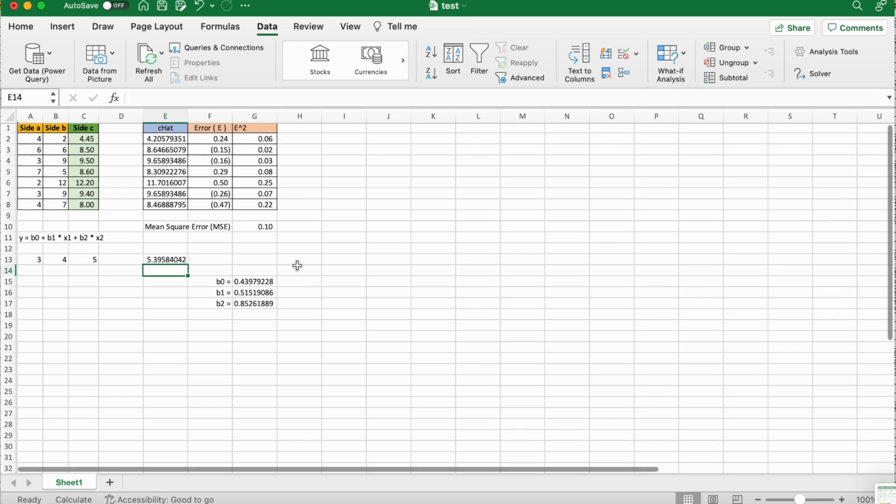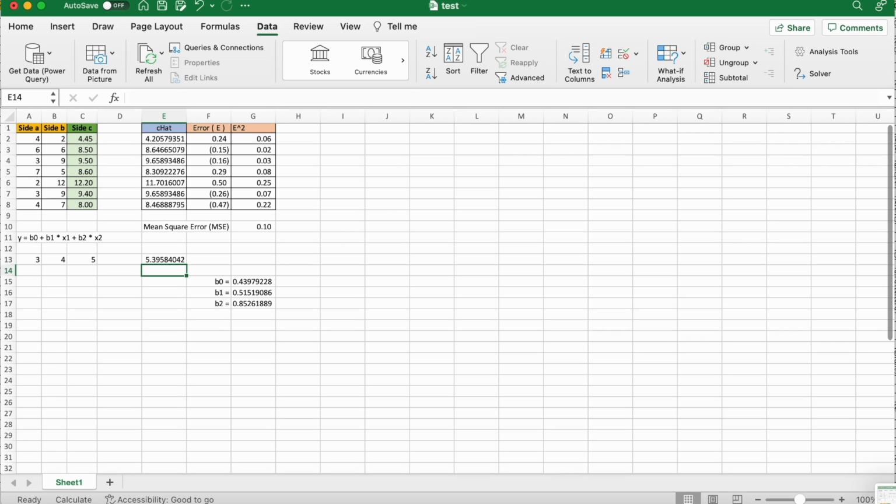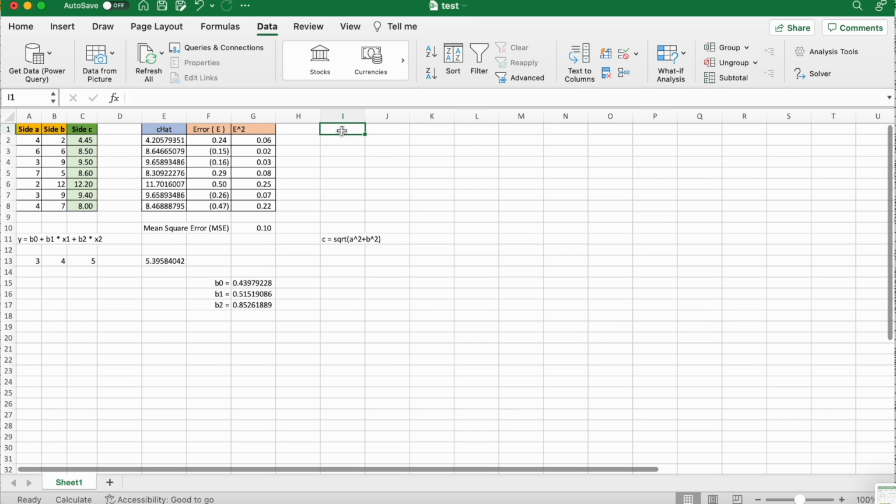So the data scientist says that maybe instead of finding a relationship between A, B and C, try to find a relationship between A square, B square and C square. The machine says that's fine. So in this case, the value of C becomes equal to the square root of A square plus B square. So he says fine, I can calculate